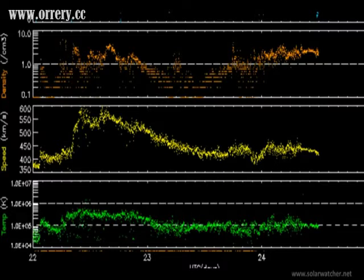We're now looking at the latest solar wind telemetry from ACE, and we see a rapid change in solar wind speed at around 52 hours ago. This is due to the arrival of a high-speed solar wind stream coming from coronal hole formation CH501. Now, these effects are starting to wane as this coronal hole rotates away from the Earth-facing position, so we should see a strong decrease in solar wind speeds down towards levels of 300 kilometers a second over the next 24